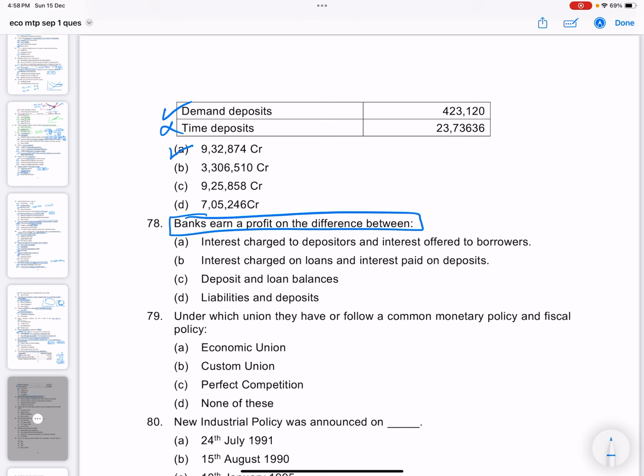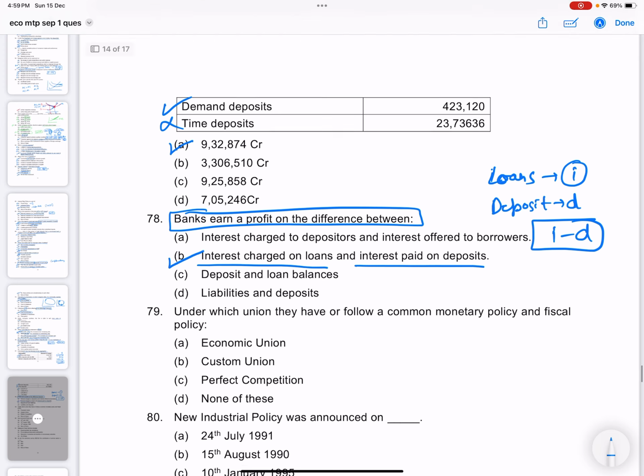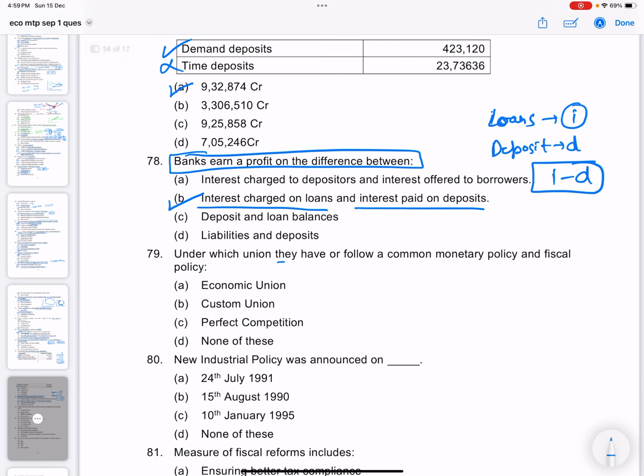बैंक लोन्स देता है, उस पे जो इंटरेस्ट मिलता है, और जो डिपॉजिट का इंटरेस्ट होता है वो बैंक्स को देना पड़ता है। ये इंटरेस्ट रेट जो बैंक लोन्स पे चार्ज करता है, लोन से जो चार्ज करता है माइनस डिपॉजिट का डिफरेंस, इंटरेस्ट चार्ज टू डिपॉजिटर्स एंड इंटरेस्ट चार्ज ऑन लोन्स एंड इंटरेस्ट पेड ऑन डिपॉजिट्स, अंडर विच यूनियन दे हैव टू फॉलो अ कॉमन मॉनेटरी पॉलिसी एंड फिजिकल पॉलिसी। ओके, परफेक्ट कॉम्पिटिशन नहीं होता।